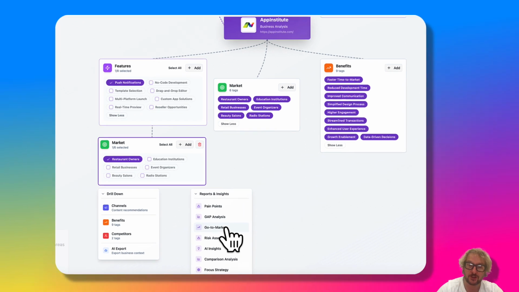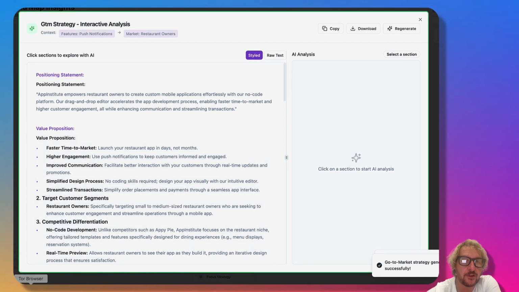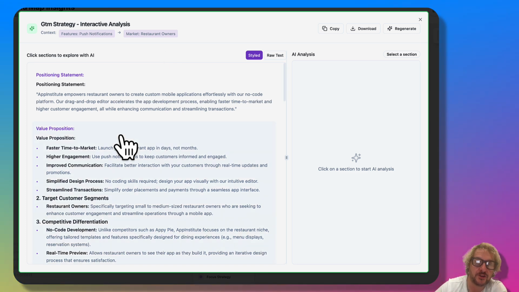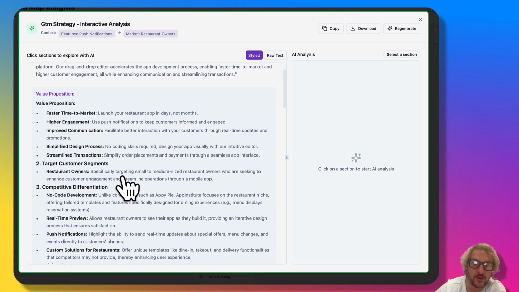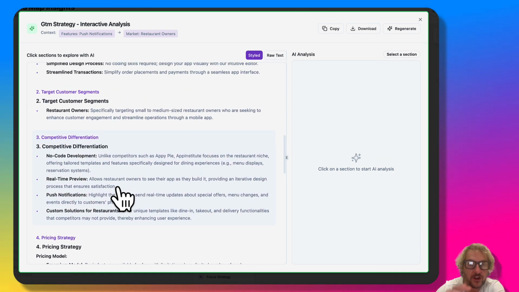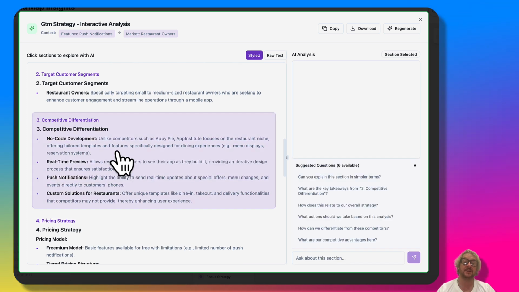For example, let's choose the go-to-market for push notifications for restaurant owners. So here we can see we've got the initial report generated, our go-to-market strategy specifically focusing around restaurant owners and the feature of push notifications, using that as part of the value prop. We can scroll through this report and find a specific area that could be interesting, for example, competitive differentiation, we can select that area of